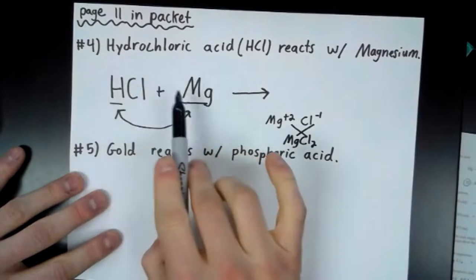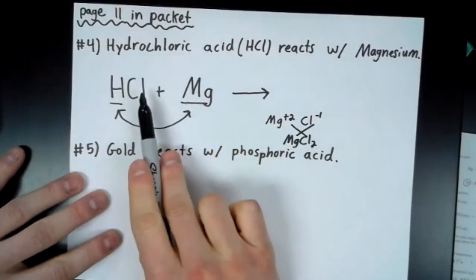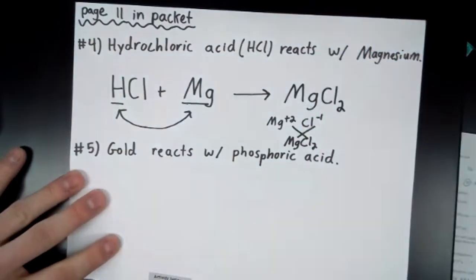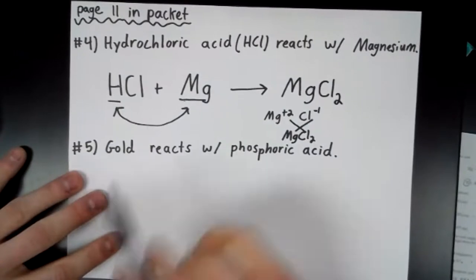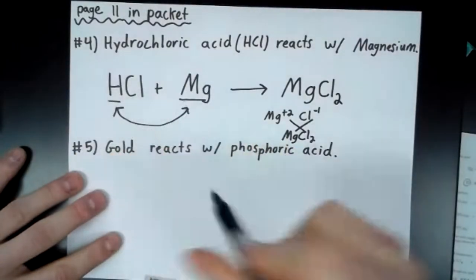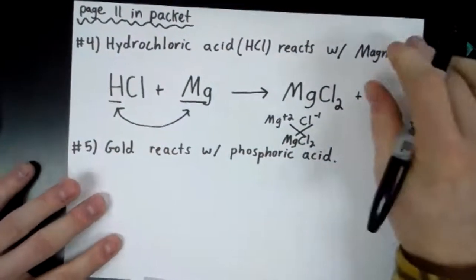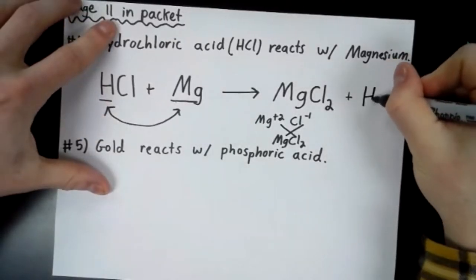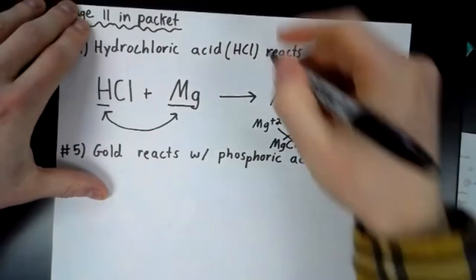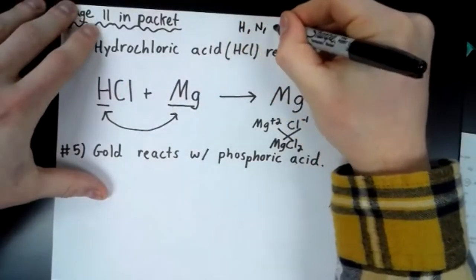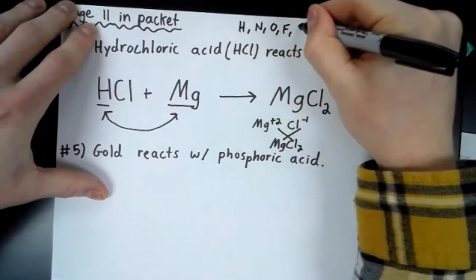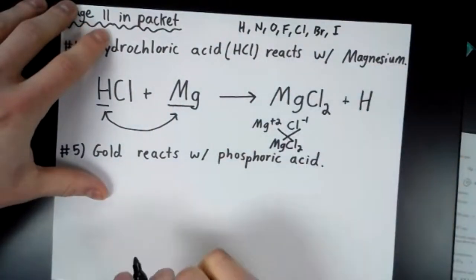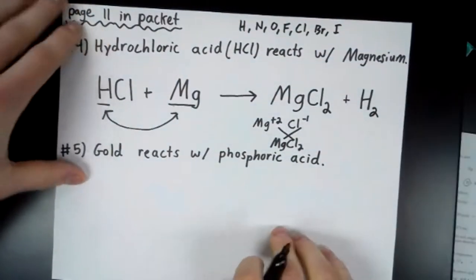So in the replacement of magnesium and hydrogen, when magnesium forms a bond with chlorine, what we will get is a product MgCl2. Now, because magnesium replaced hydrogen, hydrogen is now left by itself. And this brings up yet another topic that we've talked about, which are the diatomic elements, or the elements that occur in pairs. Those elements are hydrogen, nitrogen, oxygen, fluorine, bromine, and iodine. Hydrogen is one of these special 7 that needs a subscript 2,